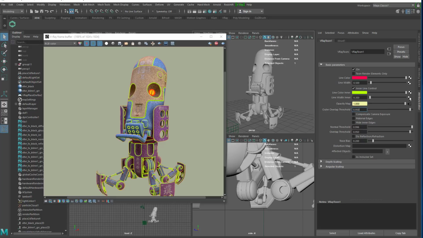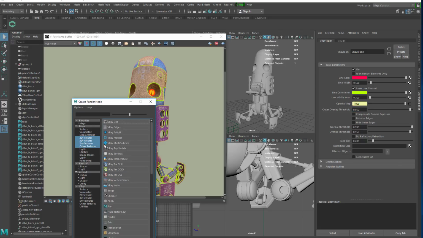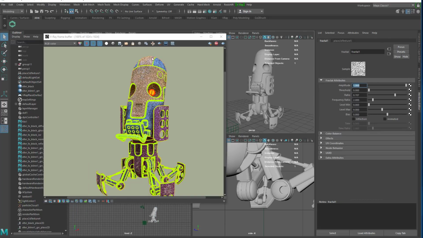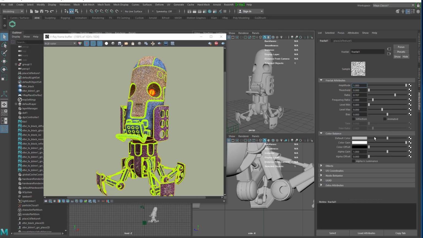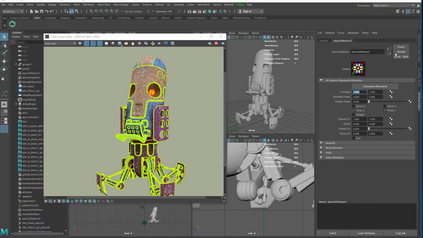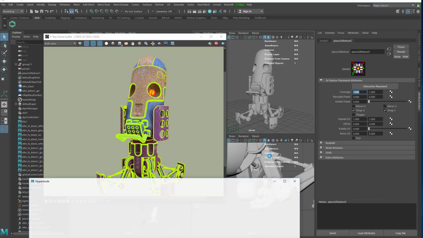I can also change the line width. Same story, dropping a texture, maybe a fractal for now. See my lines are changing, and then depending on what I'm doing here, I'm going to see a difference. But for now, it is not what I want to do. I want to come back here,